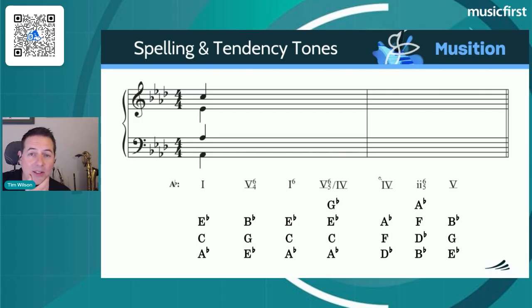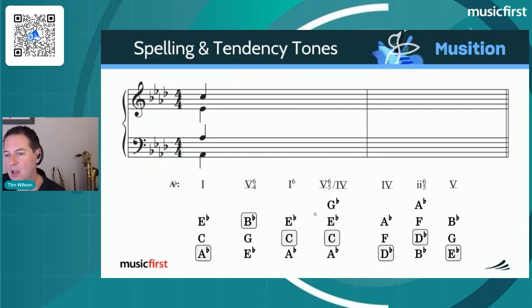Okay, so the next thing that's commonly done once you have this kind of rough spelling map is to identify the root notes, so the notes that are going to be in the bass. You might choose to just circle them or put little triangles around them like I have in this case. So I've identified all of these, and you'll note immediately that if you look at it,